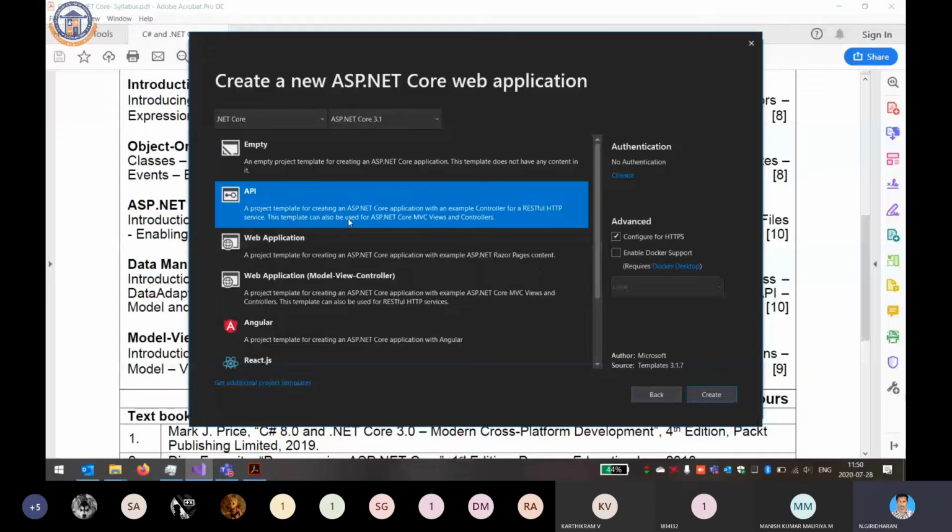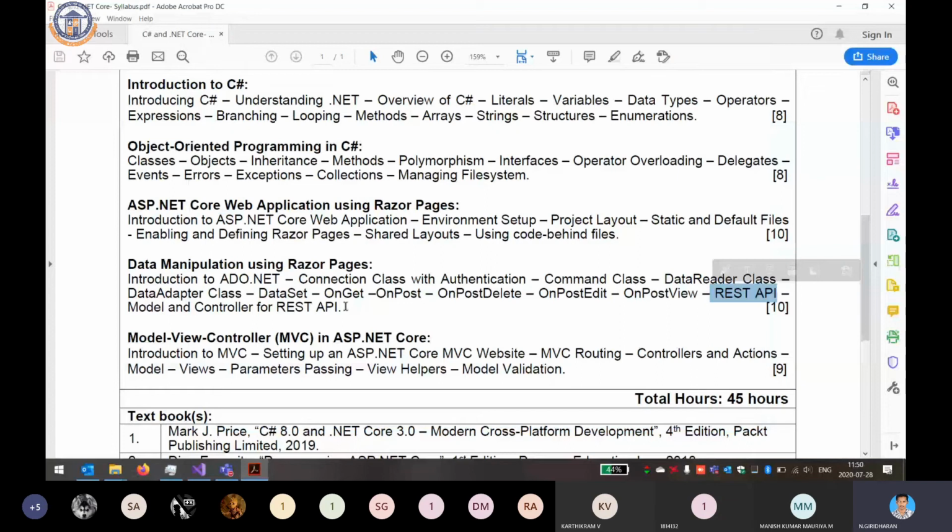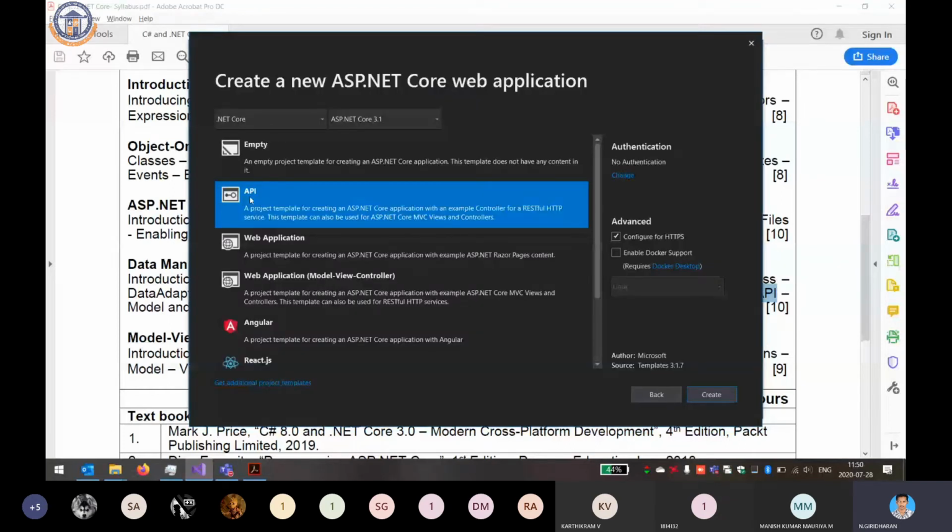see in the fourth chapter we have the API concept, REST API and REST API controller. So we can see these things in future. API is application programming interface, which provides communication between two programs, meaning two applications. It is like a communication path, like a mobile phone for communication purposes. It is for transferring data between two programs or two applications or two classes, two objects like that.